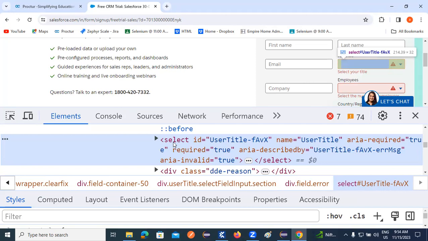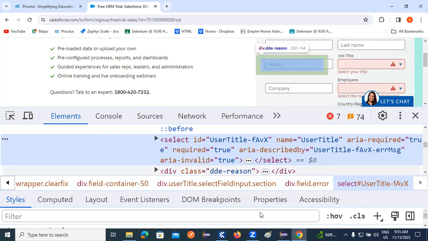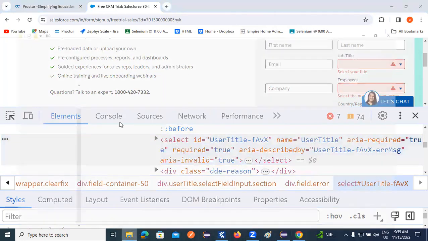How are you able to handle the drop down? If you want to handle the drop down,